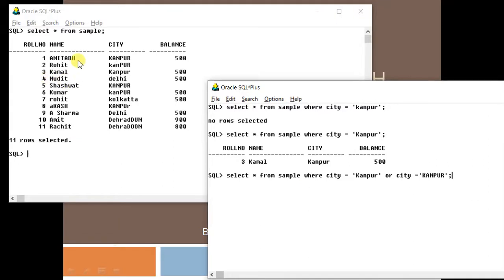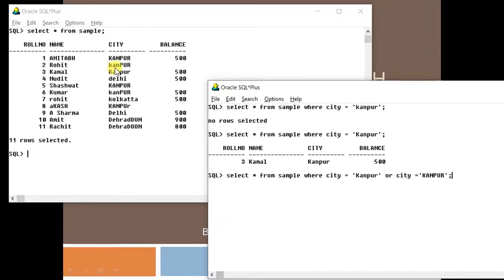Oracle will again bring all these records into RAM and check this first record first. Now in this first record, please understand, this city value will be replaced by the city value of the first record. So capital Kanpur will come here, and capital Kanpur will be compared with small Kanpur. It does not match, so this part becomes 0. Then it will go to the OR part. Now again capital Kanpur will be compared with capital Kanpur, so this will become 1. So 0 or 1, the net output is 1. So this row passed the OR test, and it will be sent to output.